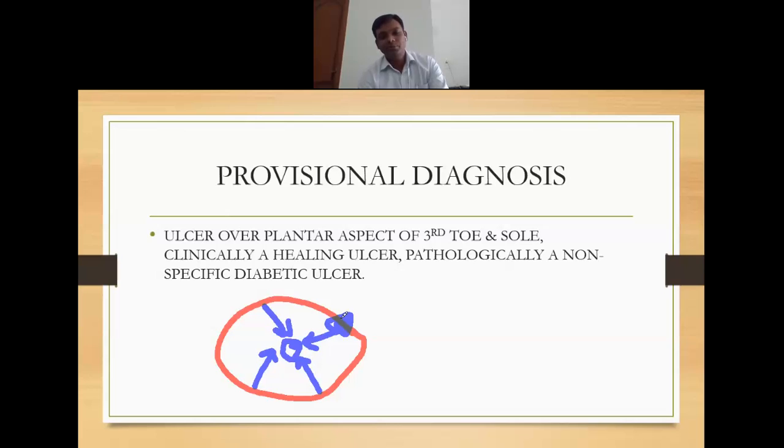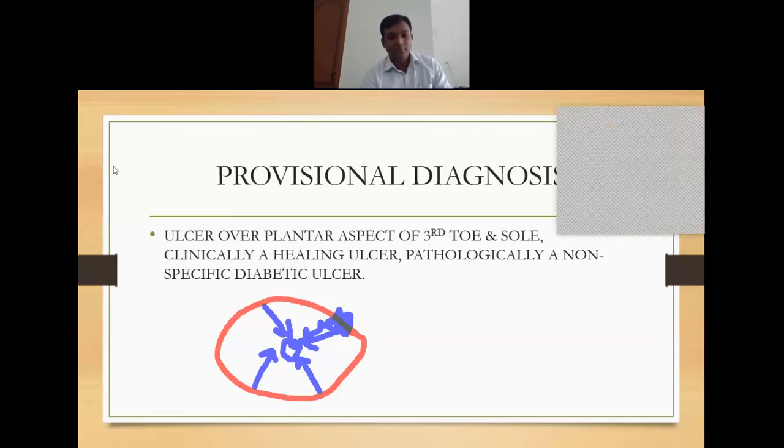So here, suppose we give proliferation as 100, it comes to 75 here, then it comes to 50 here, and it becomes 25 here. Obviously, this will be lower, this will be higher. Is it not? That's why the tissue is more here, and this tissue is less, so it becomes a sloping edge. So don't think of the center. Okay, that's why I asked that question. So that is why you get healing, the sloping edge.